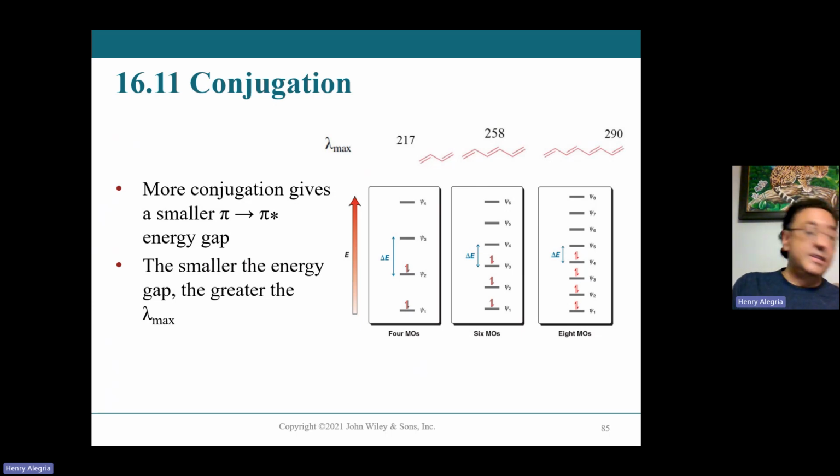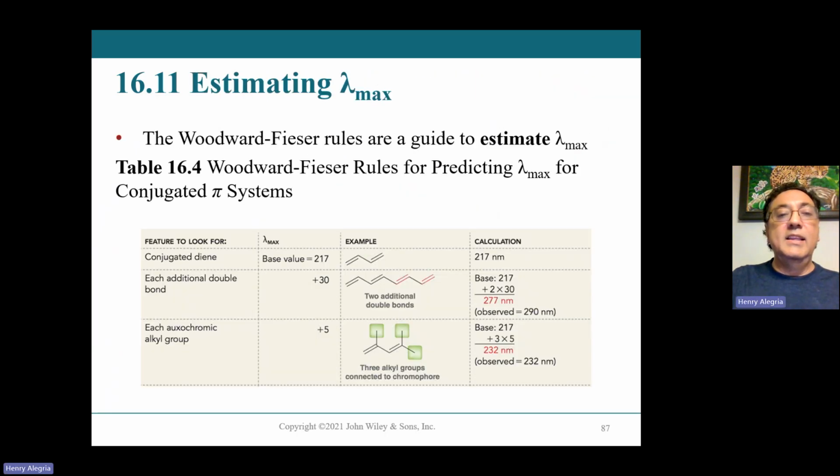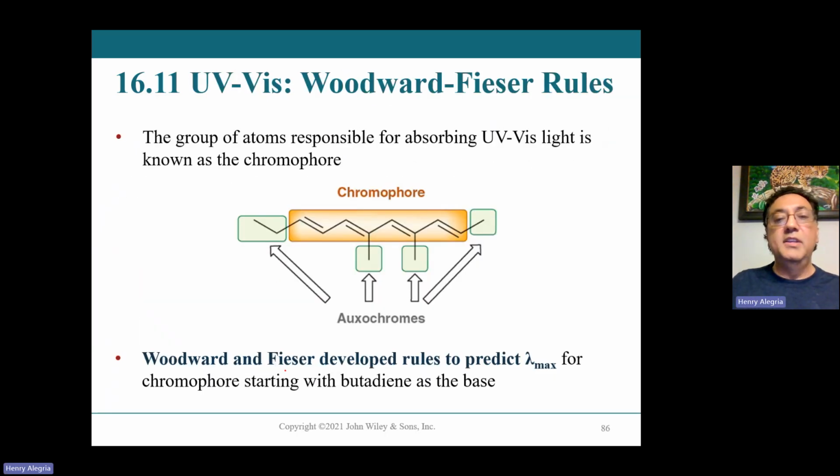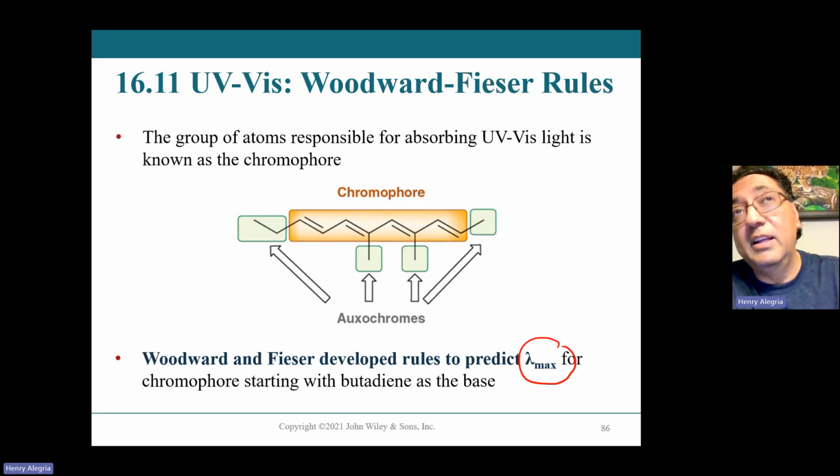So a question that we might have is, for given situations, can we predict what the lambda max is going to be if the molecule gets a little bit more complex? We can, and this is using what you call the Woodward and Fieser rules, right? As a note here, these rules were developed to predict what the lambda max happens to be for a chromophore. If you know anything about chromophores, these are things that are very colorful. And when you have organic substances that have a high degree of conjugation, they tend to be chromophores and be